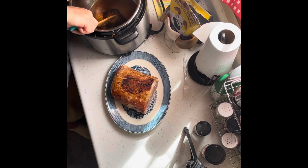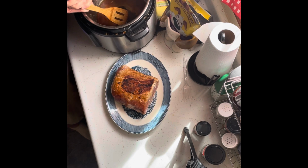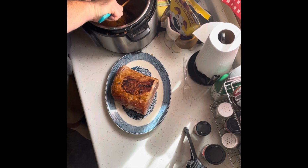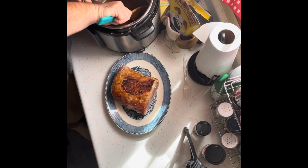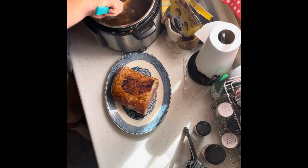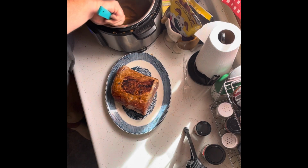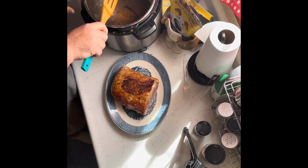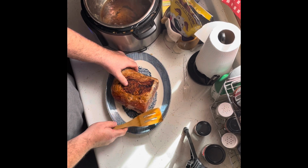But don't discard this. These little crunchies and everything that are left in here will help to season your roast. So just scrape them off really well. They will come off. And yeah, I got that one pretty. Oh, here's one little piece right here. We'll scrape that off real good. And I still have it on saute, so that's allowing this water to heat up, and it actually breaks loose anything that you might have in the bottom, so it makes it easier to scrape up. So that's what I have just done. And the water that's in there, we need that for our roast anyway. So there's no harm in,